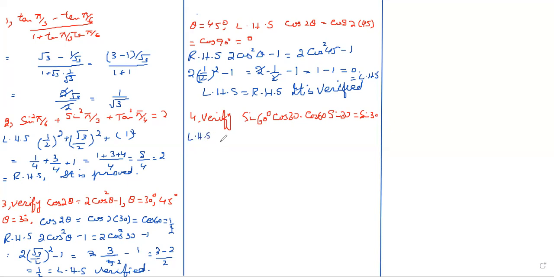Left hand side, sine 60 cosine 30 minus cosine 60 sine 30. This is okay. Just put the value. Sine 60 is root 3 over 2 and cosine 30 is root 3 over 2, minus 1 over 2, 1 over 2,